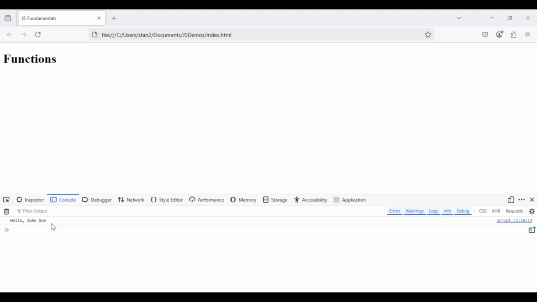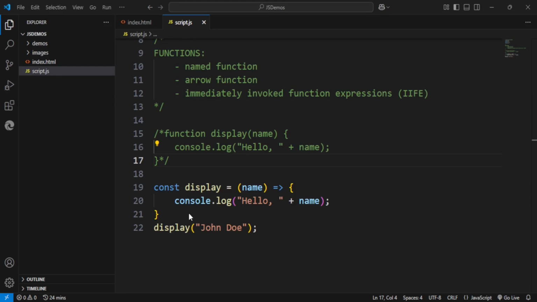Okay, so as you can see, my page has been refreshed and I still have the same result. So this is basically how to make use of an arrow function. All right. So having talked about the arrow function, it's time for us to now talk about the last